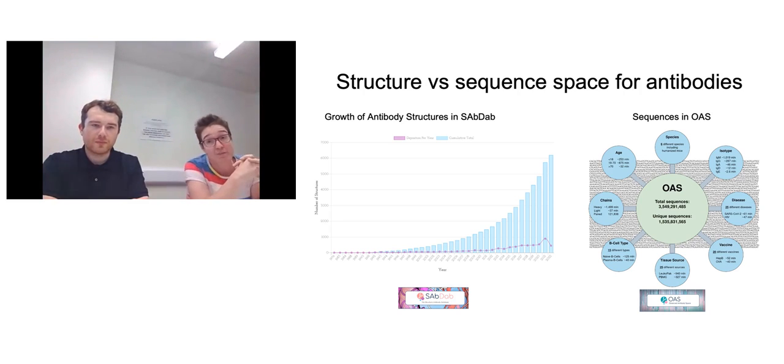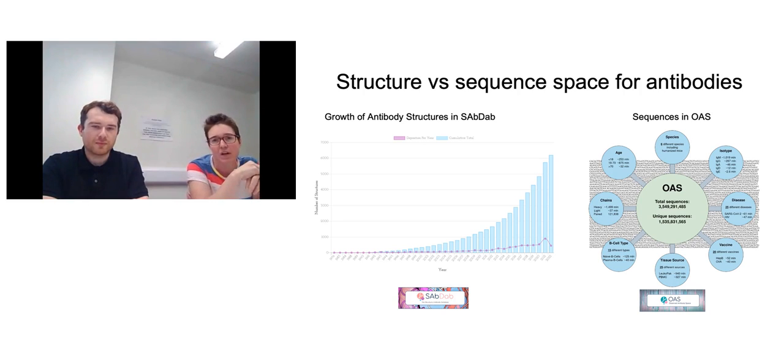We haven't got all of this. And the public structures, I'm pretty clear we've got them all. But in the public sequence data, we haven't got them all. But what we have already managed to collect is about 3.5 billion non-unique, so redundant, sequences of antibodies, and about 1.5 billion unique sequences in Observed Antibody Space. That gap is huge. There is no way that I understand the structural space if I can only look at